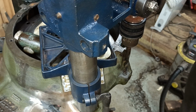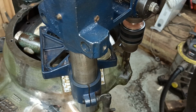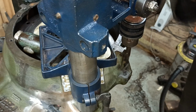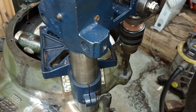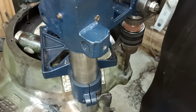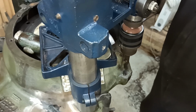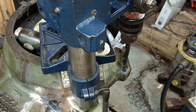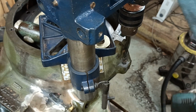Maybe I'll put it on low speed. I'll try a different battery. The battery's gone flat. Oh bloody hell, that battery's gone as well now. Jesus Christ. So I'm cussing because I've only got this corded drill and